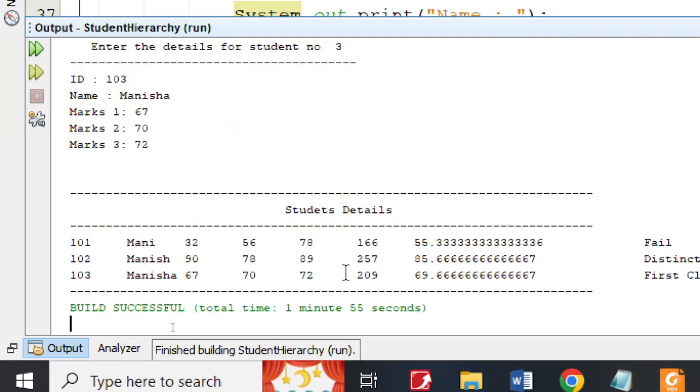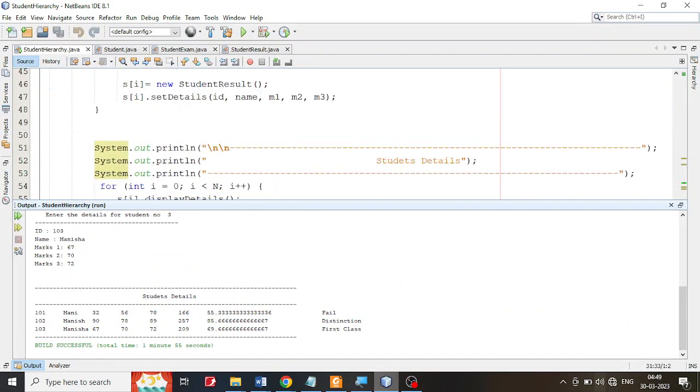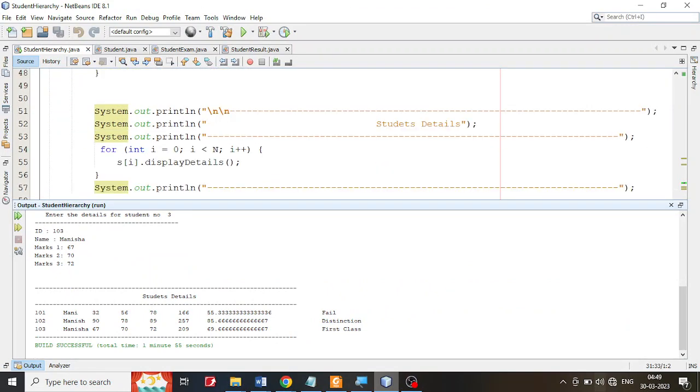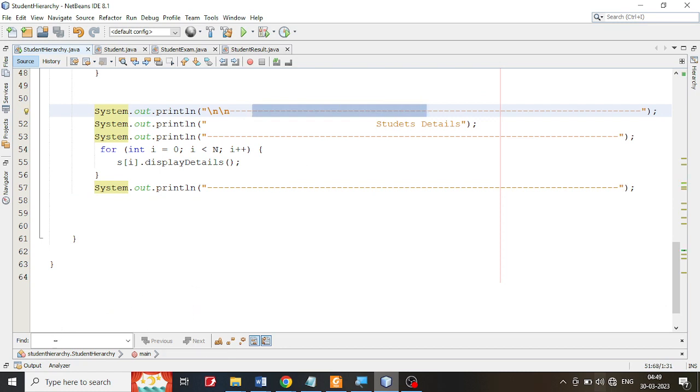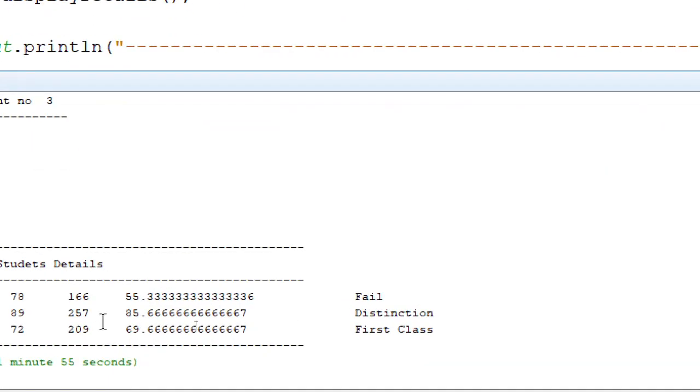Done, and you notice how it is going to come. Okay, everything is fine, no problem. You see it is coming properly. You see the result, that's what I told you. Two line separation. You notice the newline, two lines, then the student details, and all the details, and only one problem here is it is coming